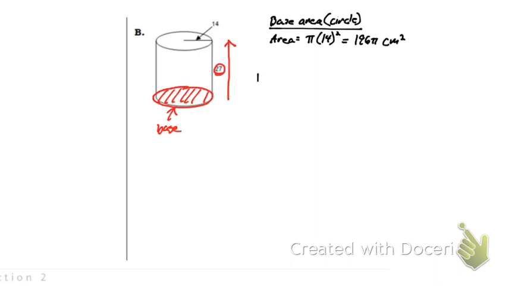All right, to get our volume, we're going to have to do our base area of 196 pi, that's our base area, times our height. Our height in this case is that 27, which is going to equal 5,292 pi centimeters cubed. If any of these numbers seem off, I did pre-calculate them, so